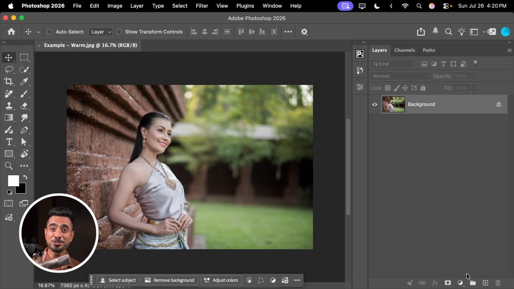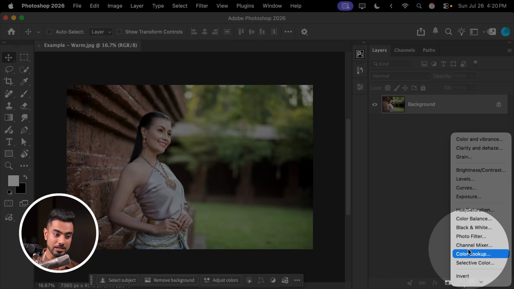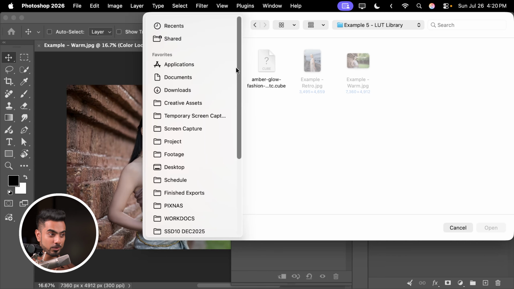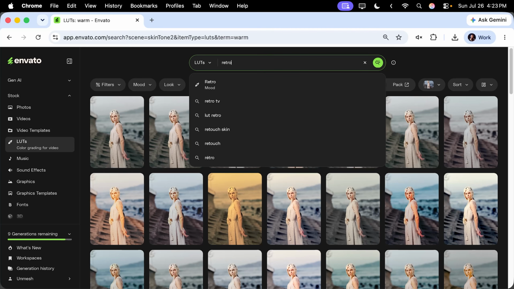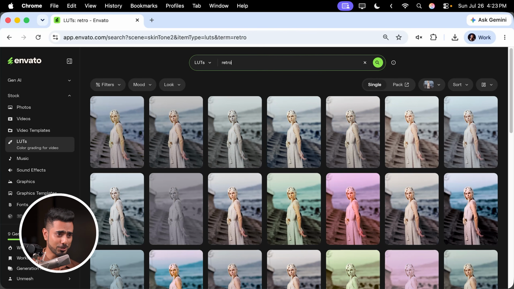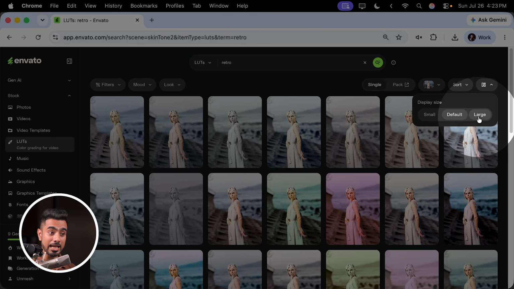Click on download. We're going to use the same process again. Adjustment layer icon, color lookup. Click on load. We're going to choose this one that we just downloaded. Click on open and there we have it. When looking for LUTs, you can even search for terms like retro. And if you think the preview is not large enough, you can always click on this button and increase the